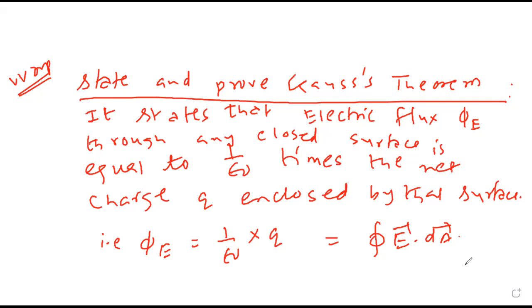Okay, written. See, we have written state and proof. Statement is electric flux through any closed surface is equal to 1 upon epsilon 0 times the net charge enclosed by that surface. Let us check whether it is true or false. So proof. If charge is inside, then Q inside upon permittivity epsilon naught is equal to flux, and flux is also E bar dot dA bar. So we have to verify whether it is coming or not.